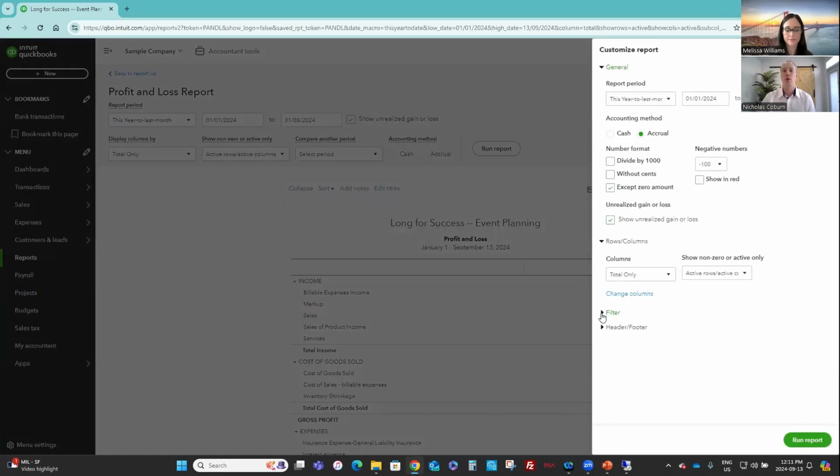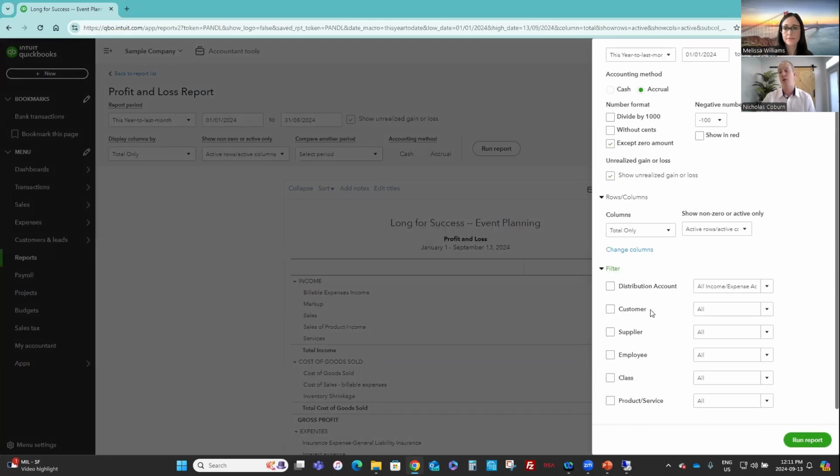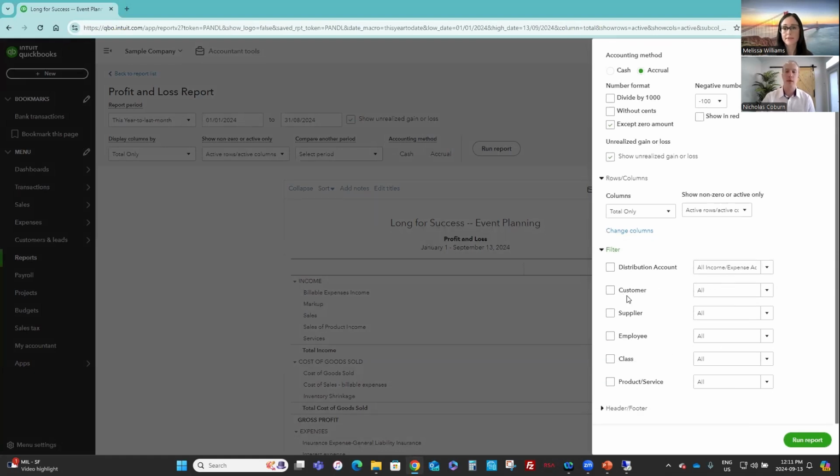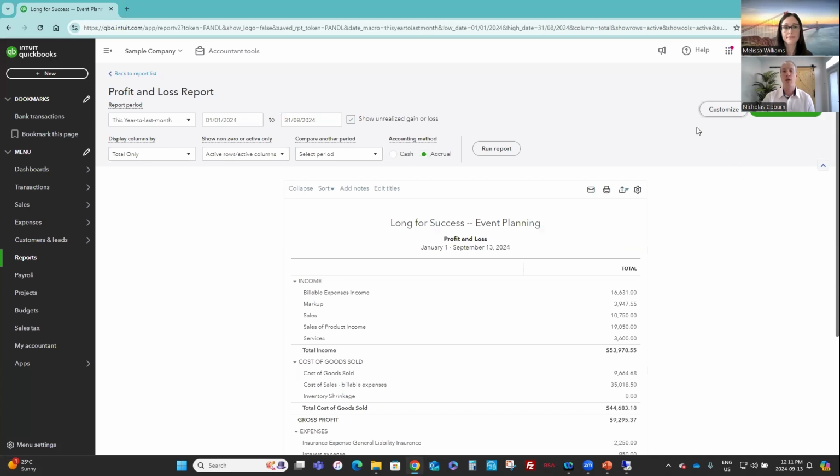You can come in here. Maybe there are certain things you want to customize, maybe you're just looking at a customer. And this is a sample entity, so it doesn't have everything in here. But if you're using projects or locations, again, these are going to be more options to filter. So you're just looking maybe at a certain branch that you want to take a look at. Once you feel good and confident that you've got everything that you want to look at, you've run your report, now you're just saving it. So this is year to date to last month, and we're going to save it.